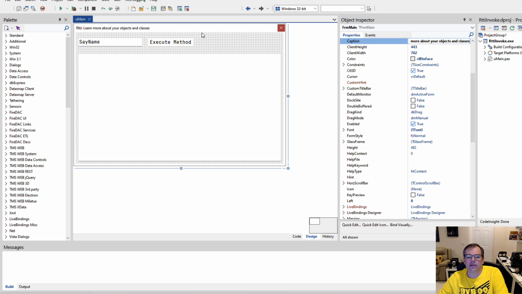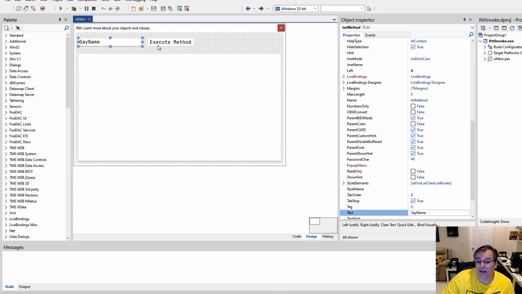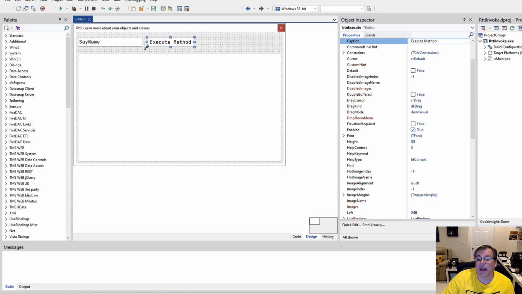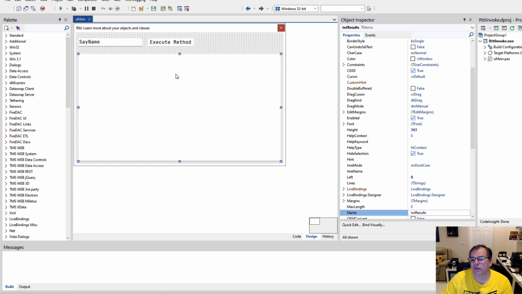So looking at this main form, again, I have an edit control and a button. And the button, again, is used to start the demonstration. And here we want to demonstrate how to execute a method. We have the memo control that will show the results of what is going on.